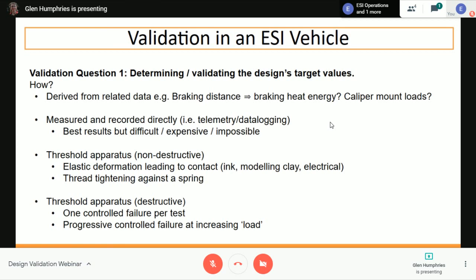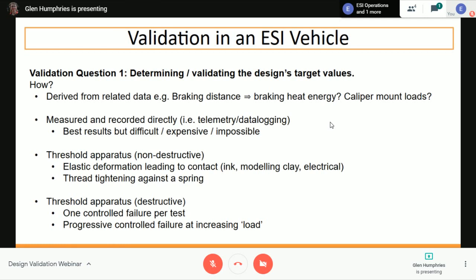Sometimes this can be reasonably reliable, and sometimes people use it to make some really big jumps and assumptions. So an example here is you can easily measure the braking distance of your vehicle from a certain speed. You know how much it weighs, and you can measure the braking time. Could you use that